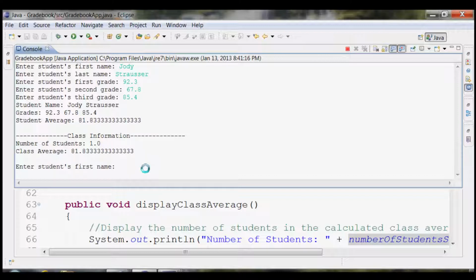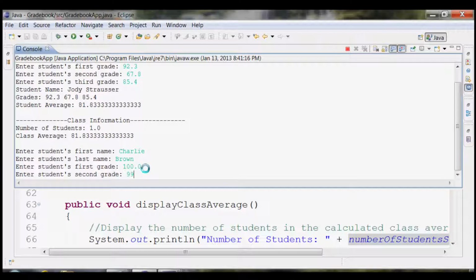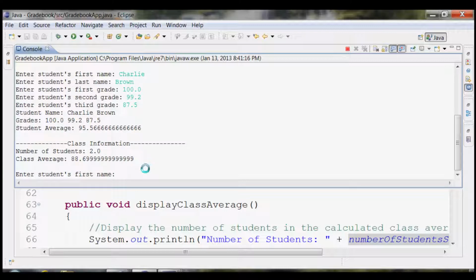Now I'm on to the second student. So in this case it's going to be Charlie Brown. Charlie Brown got a 100.0, a 99.2, and an 87.5. All right, you can see that Charlie Brown's average is a 95.57, and it has now changed the class average to be an 88.6. The last student that I'm going to enter in is Homer Simpson,